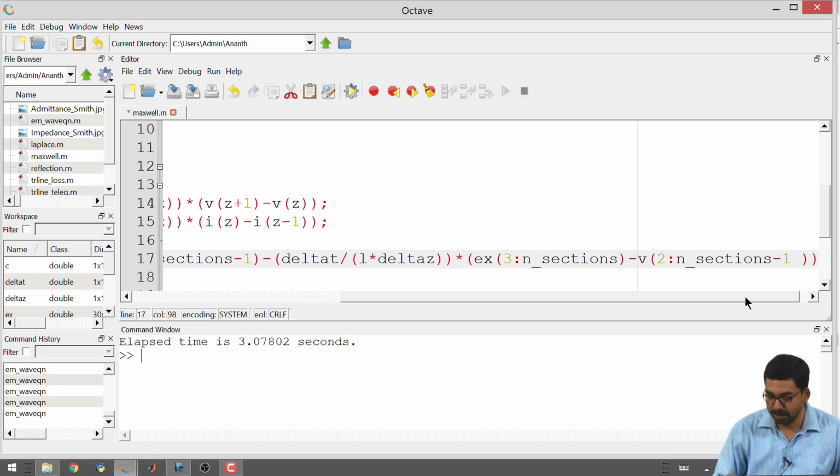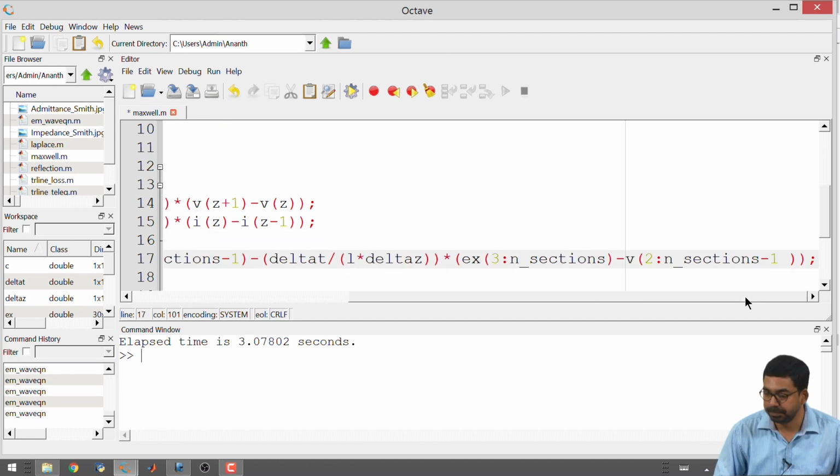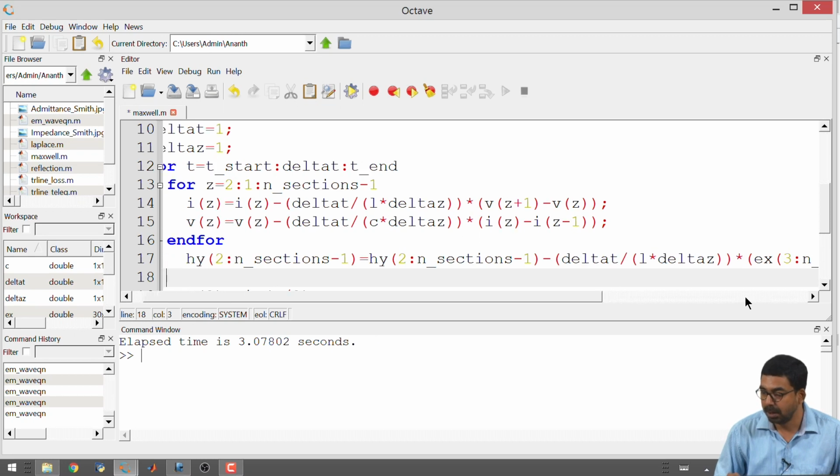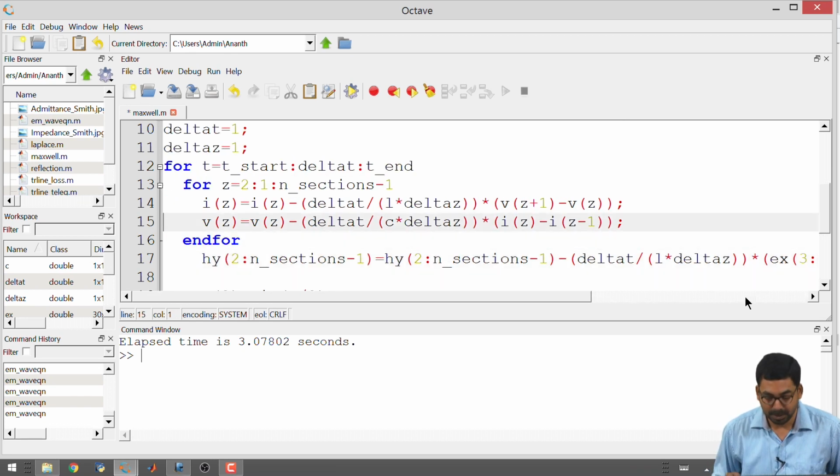Okay. So, the goal is to just get rid of this for loop. Okay. So, I will copy the second line and I will make similar modifications.